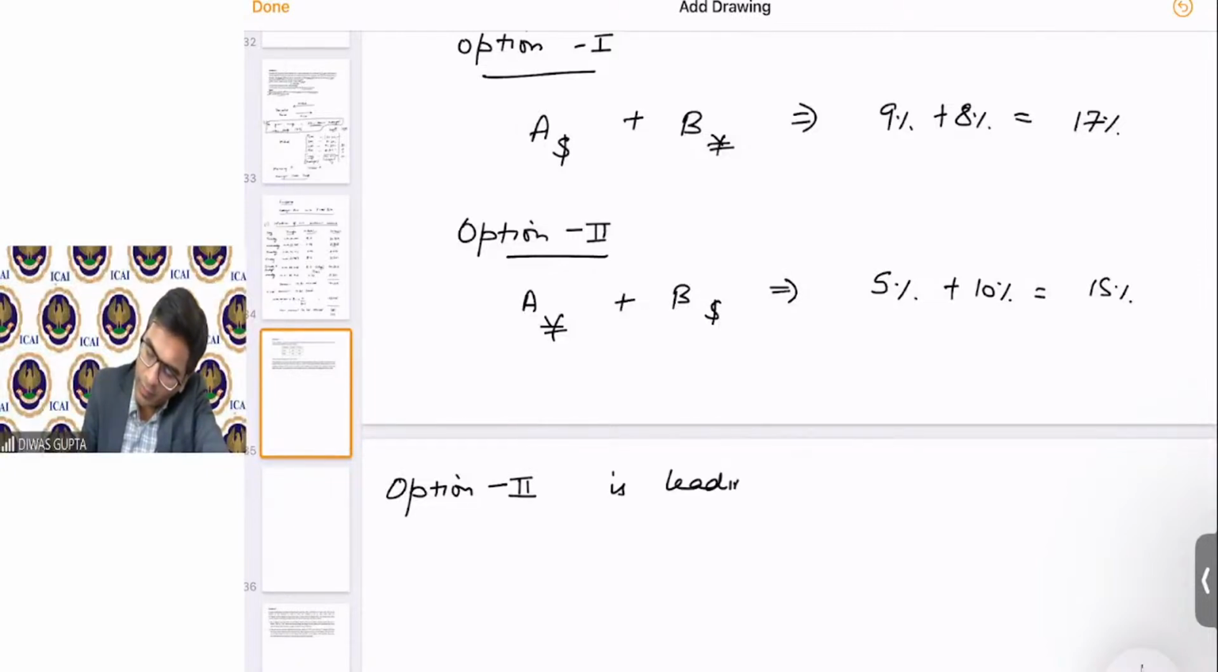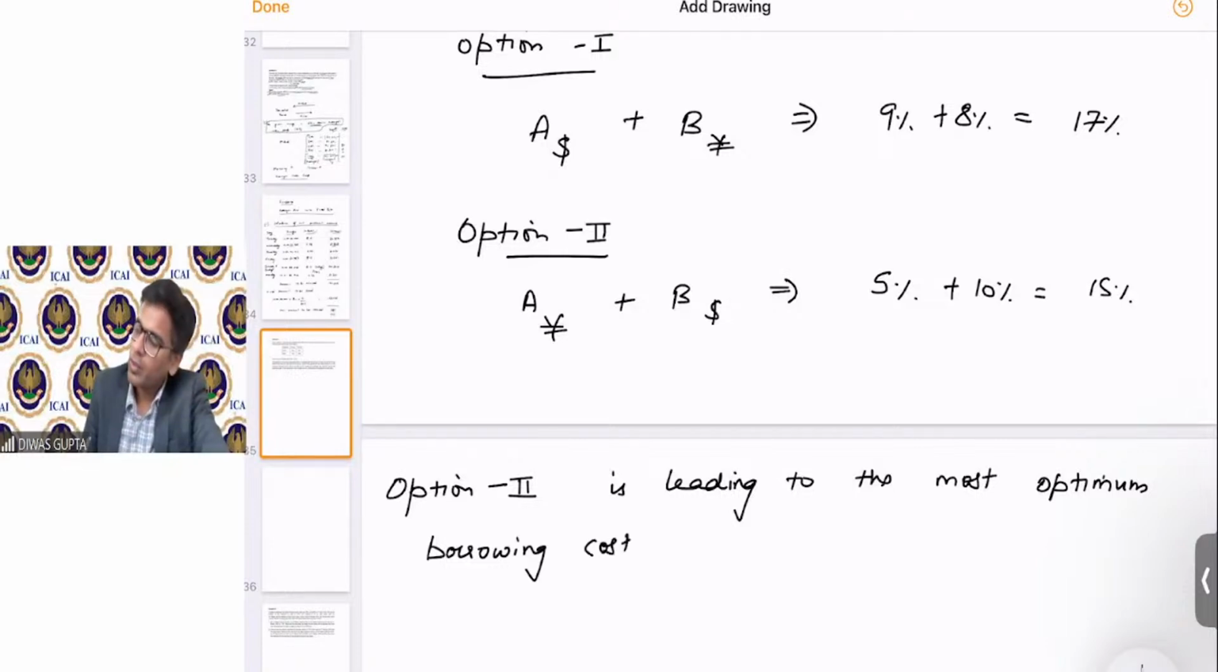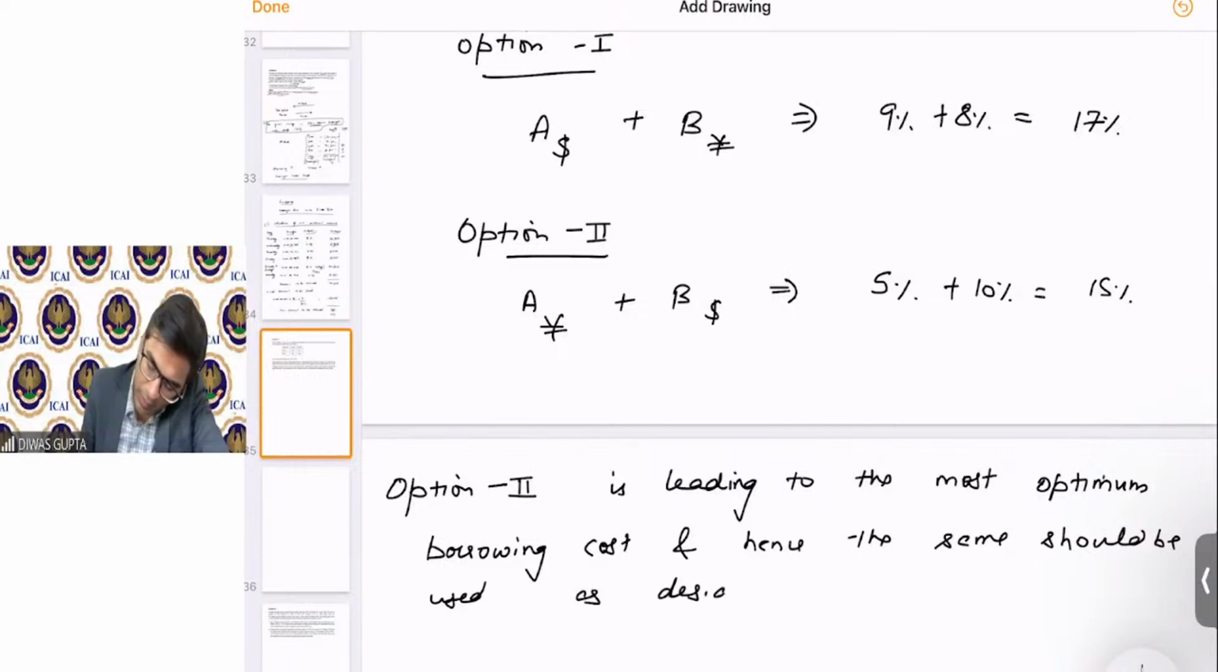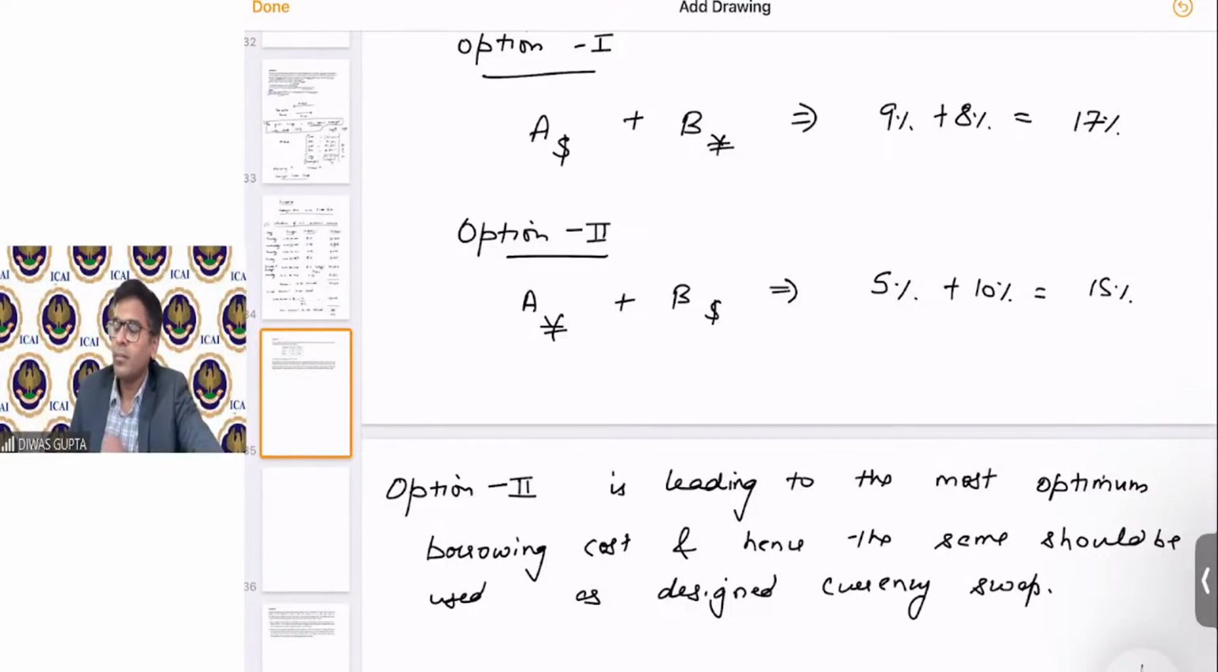So we can say option 2 is leading to the most optimum borrowing cost, and hence the same should be used as the designed currency swap. Okay. And as a result,